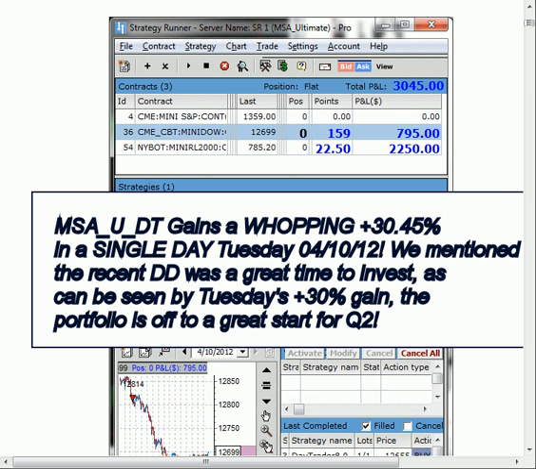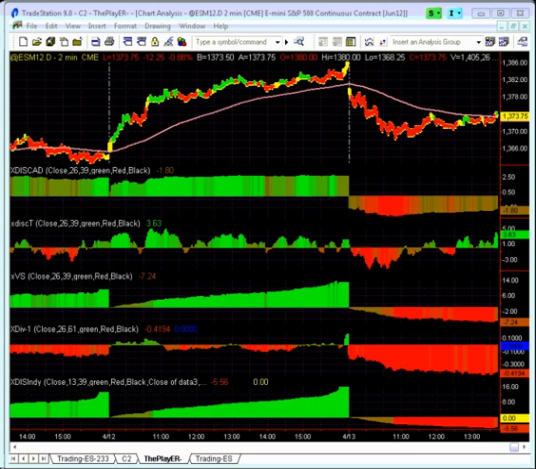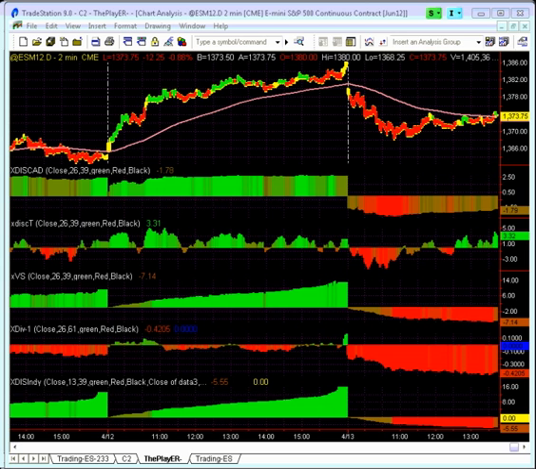The first thing we're going to look at here is a chart of the market. This is going to be the mini S&P 500 futures contract, front month in nature, June. Looking at the last print of 1373.75, it's been very interesting, as usual. The market's just been so extraordinarily intriguing. We got this huge directional move yesterday, which was great. And then here Friday, the 13th day of April,